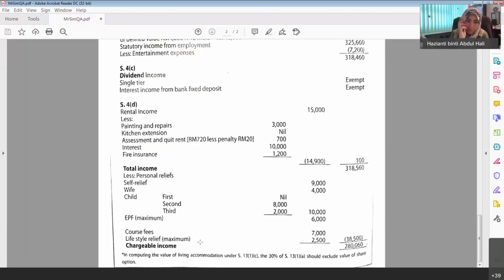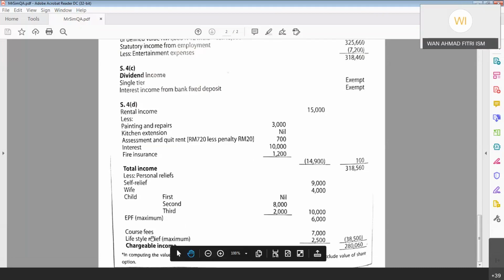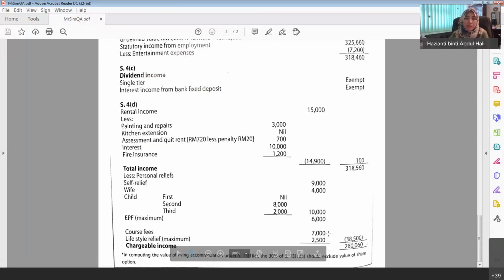Kena nanti cari mana receipt? Tak ada, habis kena penalty. Oh, dia kena tunjukkan bukti lah yang kalau dia beli. Semua ni kena ada bukti kecuali personal relief je tak ada bukti. Lain semua kena ada bukti. EPF of course ada bukti lah tolak dekat gaji kan. Course fee mesti ada offer letter, mesti ada receipt pembayaran. Lifestyle mesti ada receipt. Kalau tadi yang beli supporting equipment mesti ada receipt dan mesti ada kad OKU lah. You beli wheelchair sebab memang ada orang yang disabled dalam family.